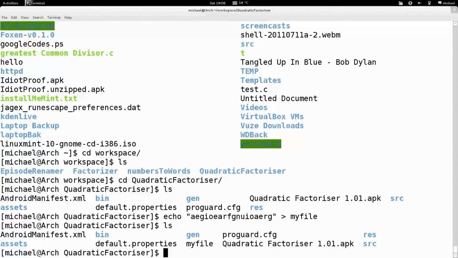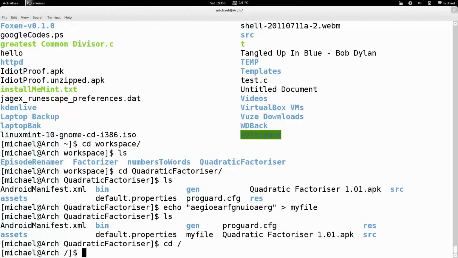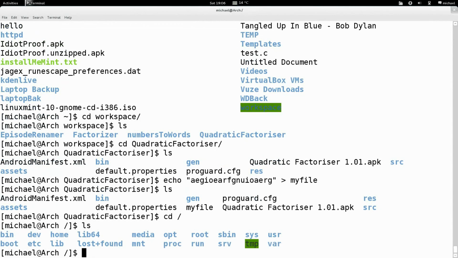Okay. So let's say I want to move this my file into my home folder from the root folder. So I'm here and I want this my file into my home directory. Well, to do this I'd use the move command, wouldn't I? Yep. So I'll type move, and ultimately I'm going to have to type all this,